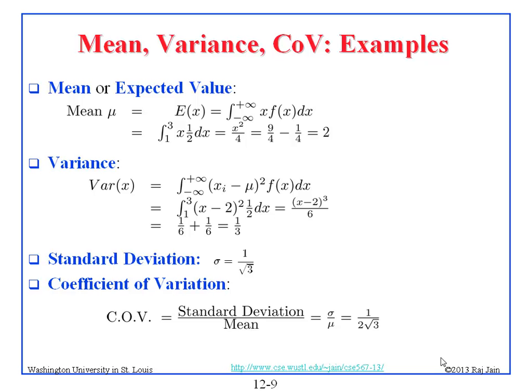And the area under the curve is x times f(x), f(x) is half in that region, times dx. Now you will have to know integration, differentiation, and all of those things. So if you integrate x upon 2, the integration is x square upon 4, and then you put number 3 there, you get 9 by 4 minus, then you put a 1 there, you get 1 by 4, and the mean is 2,